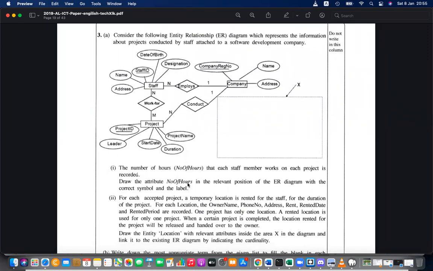Draw the attribute number of hours in the relevant portion of the ER diagram with the correct symbol and label.